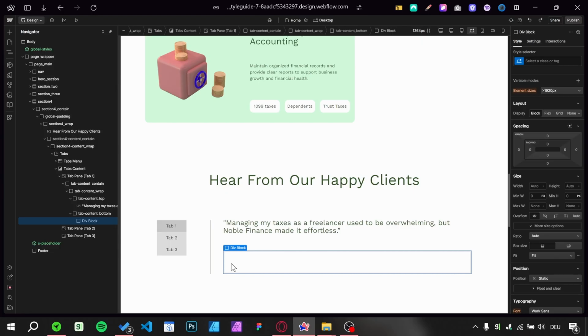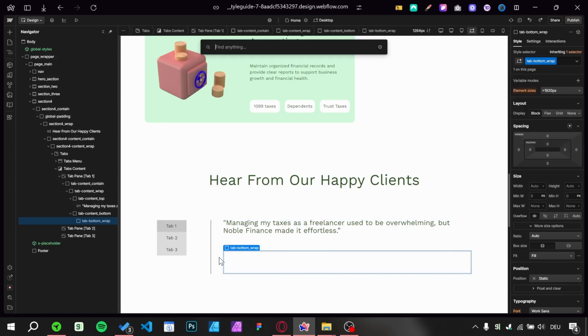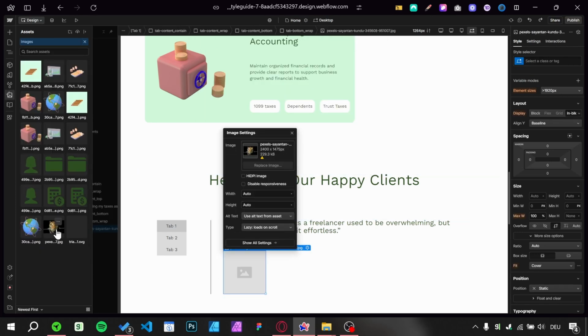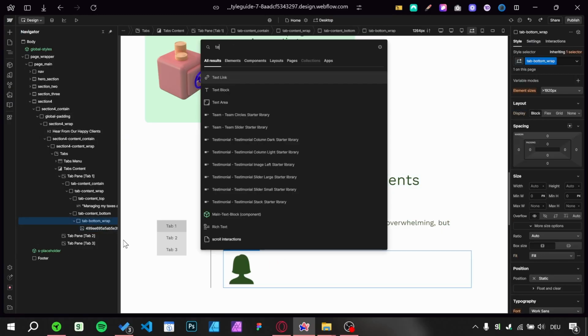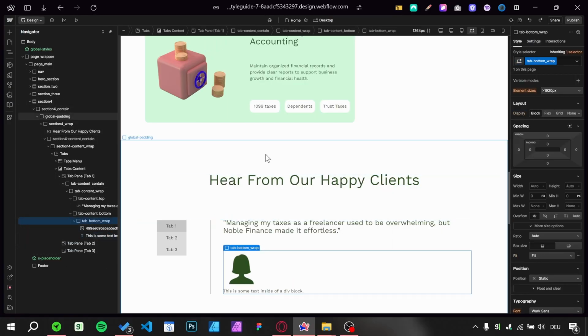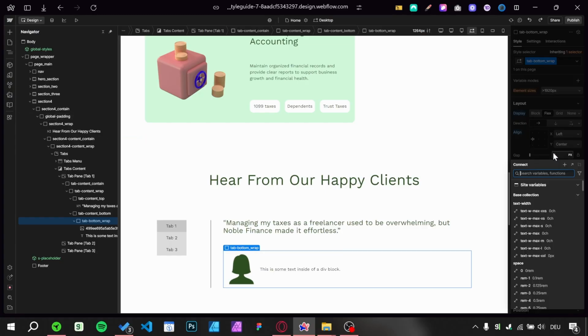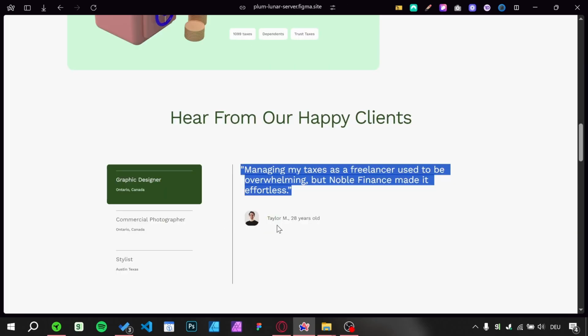So I'm just gonna add a div. I'm gonna call it tab bottom wrap, something like that. Then we can add the little image. Just gonna add a profile image, it doesn't matter here, and then we can add a text. Flex it, set it to the left center, give it a fluid gap XS, copy the text,